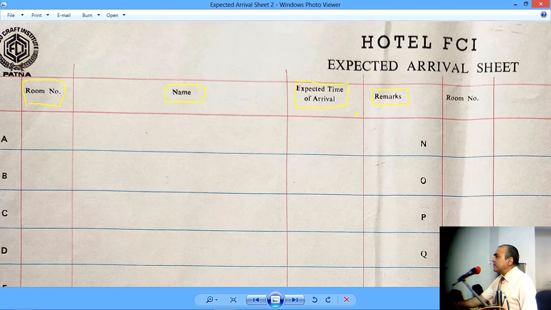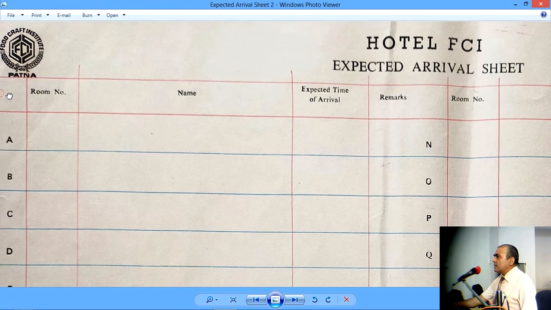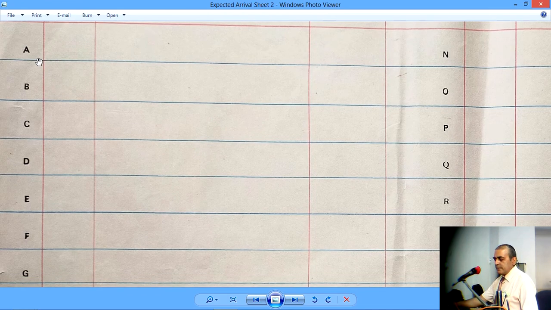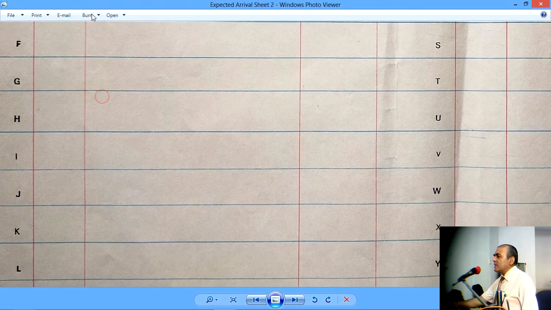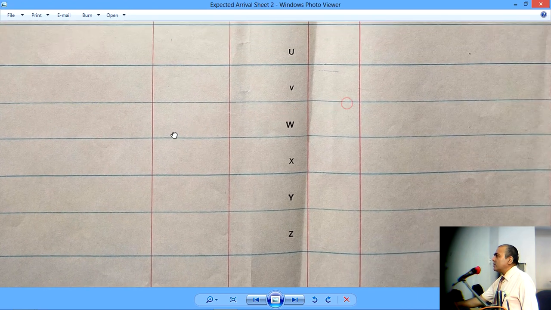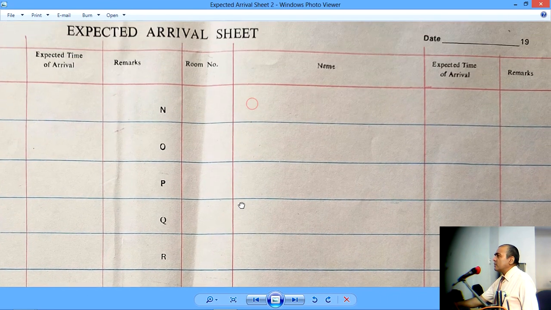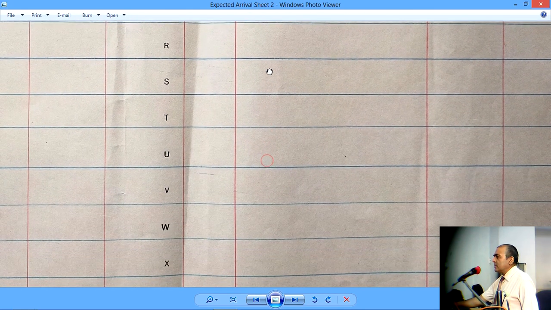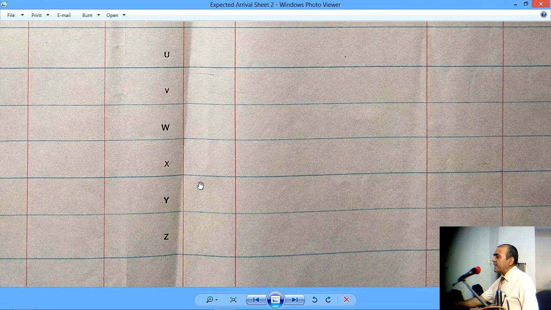And then I'll just show you a unique thing about this document. You'll notice that here there is an alphabetic sequence. So it goes something like this, it goes down. It begins with A, like in all alphabet, A, B, C, D, E, F. It goes down, H, I, J, K, L, M. And then as you move to this side, of course, it would start with N, O, P, Q, R, S, T, U, V, W, X, Y, Z. So we haven't left any alphabet.